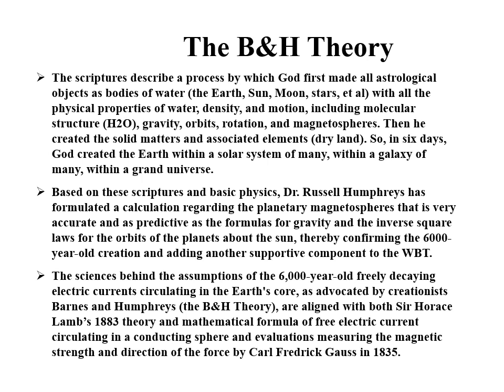The science behind the assumptions of the 6,000-year-old freely decaying electrical currents circulating in the Earth's core, as advocated by creationists Barnes and Humphreys, the B&H theory, are aligned with both Sir Horace Lamb's 1883 theory and mathematical formula of free electrical currents circulating in a conducting sphere, and evaluations measuring the magnetic strength of the direction of the force by Carl Friedrich Gauss. And that's the strength. That's where this unit comes from when we talk about the strength of a magnet, the Gauss strength. Okay, so